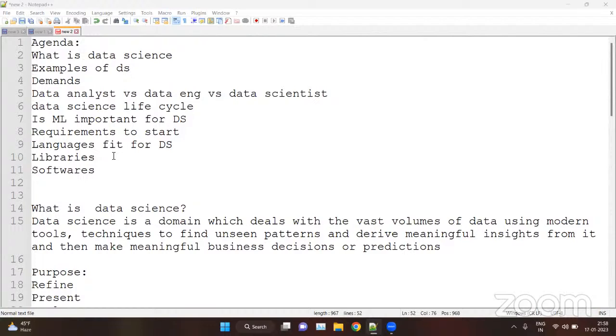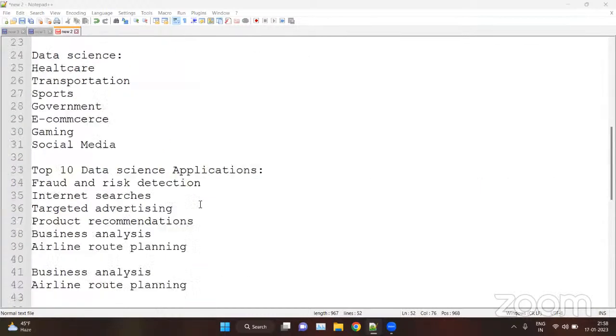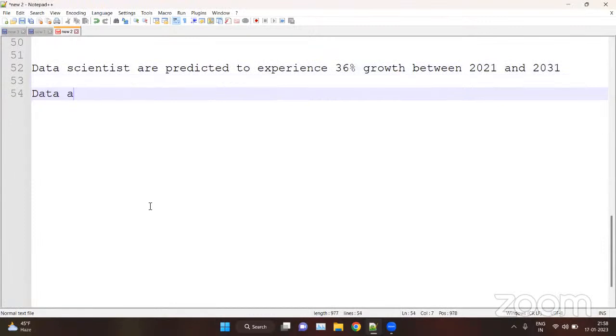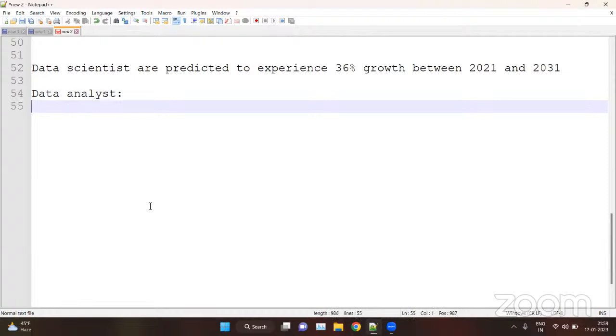Now, what is the difference between a data analyst, a data engineer, and a data scientist? There's a lot of confusion in data science about who the data analyst, data engineer, and data scientist are, and whether they are all the same or not. A data analyst is responsible for analyzing the data and presenting it in a way that is useful for making business decisions.